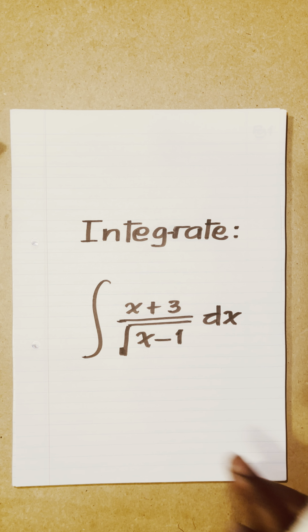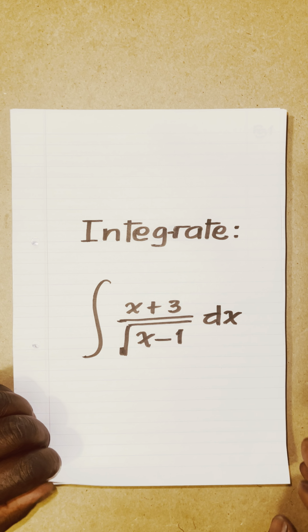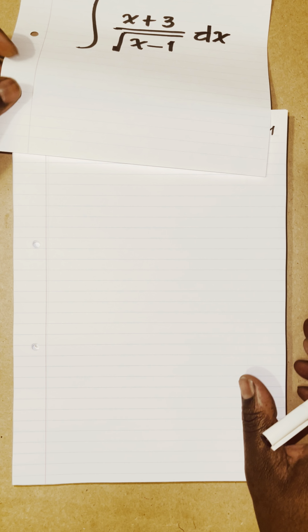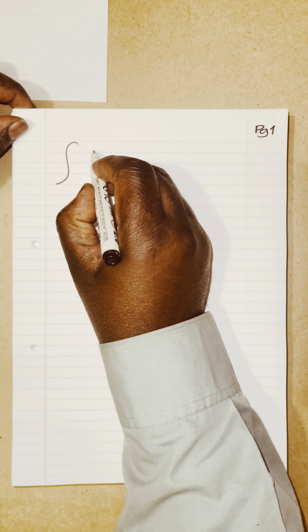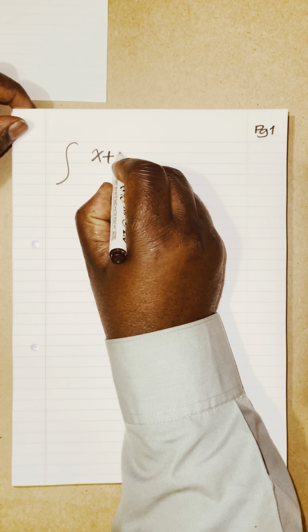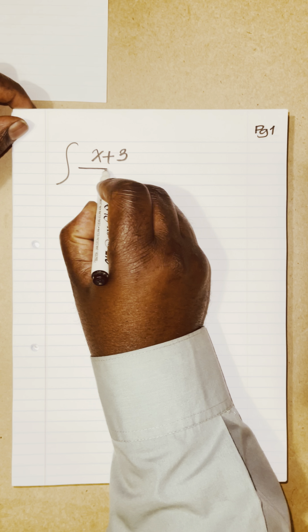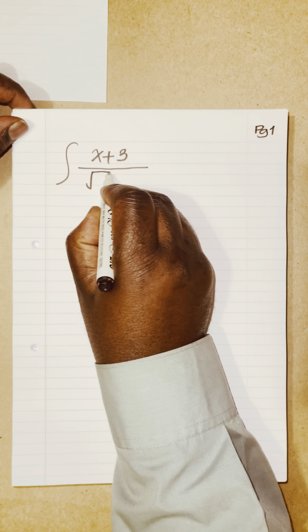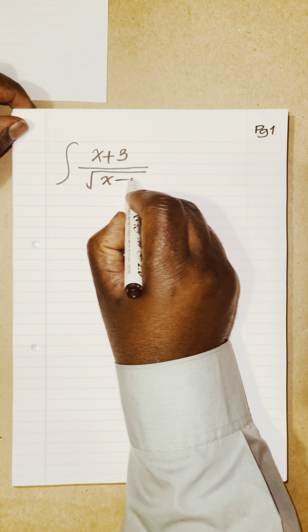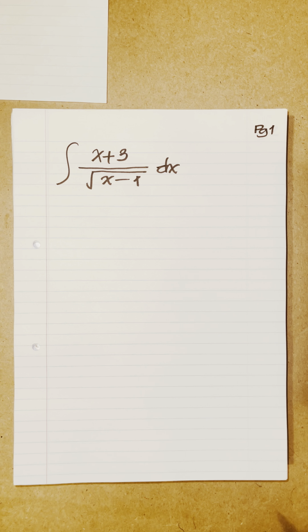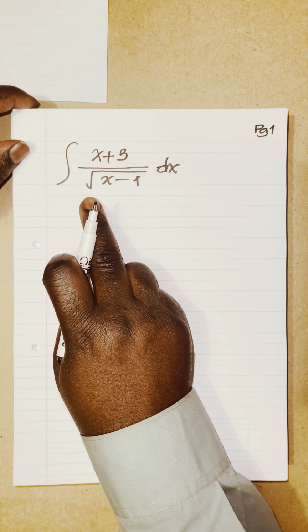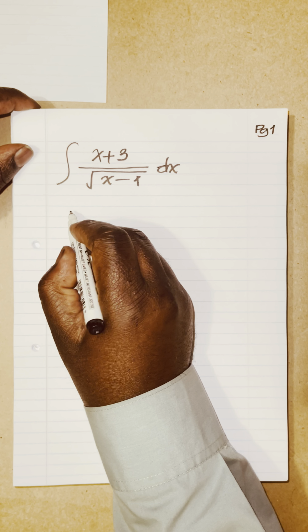In this video I have this integral to look at. Let's see how we go about it. So we have the integral of x plus 3, divided by the square root of x minus 1 dx. Right, now as you can see we have a square root in the denominator, so we let